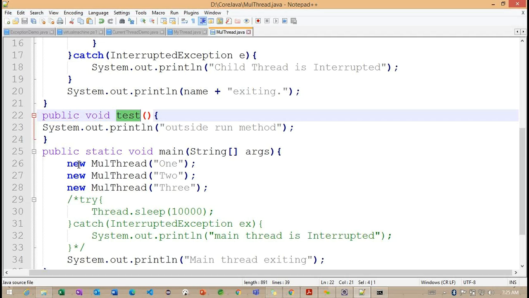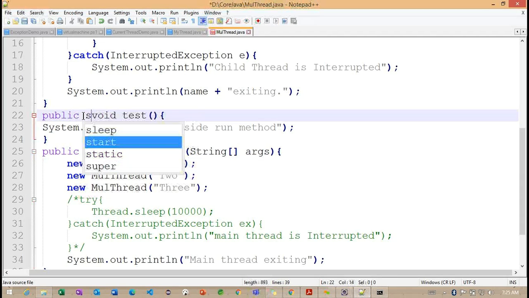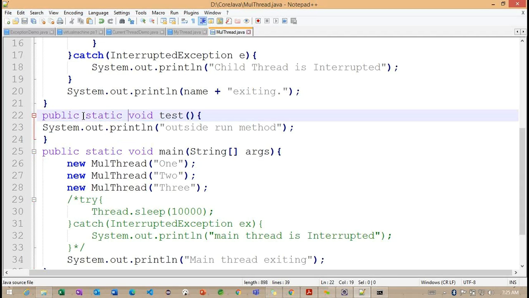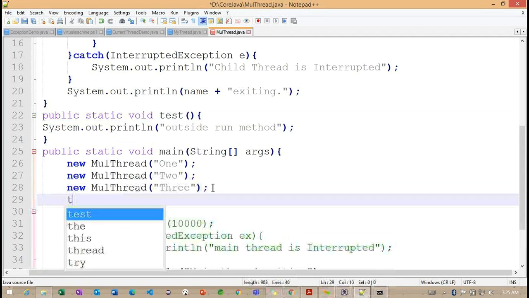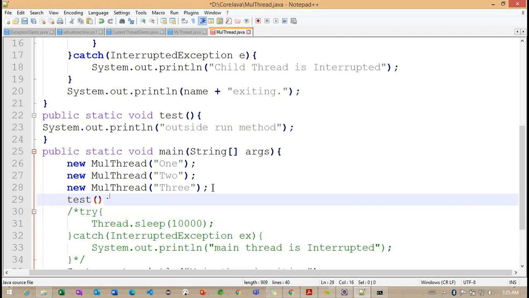So if I'm going to call this particular test method, again we need this particular object here. Otherwise, we can call the static method. So we have one more option to call the test method like this. But whenever I'm trying to run here, this particular test is running within which thread?